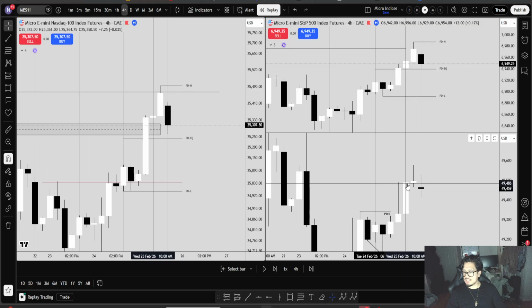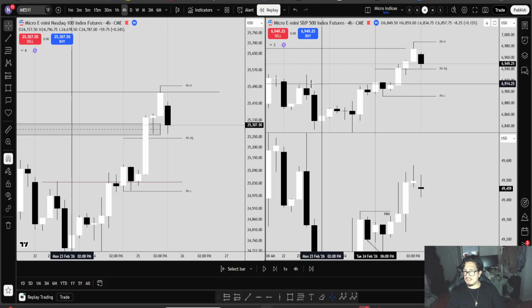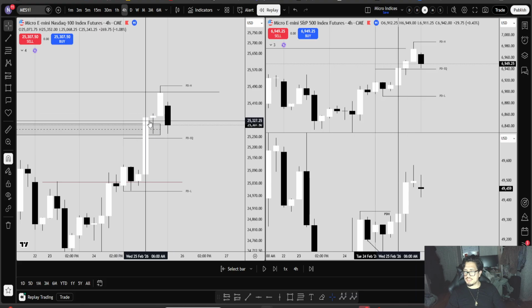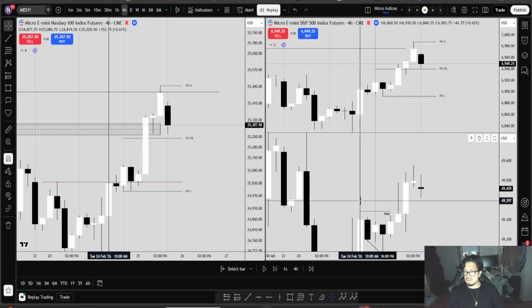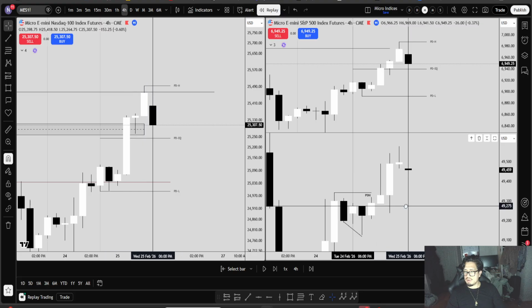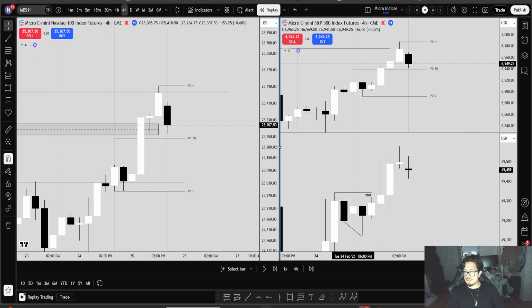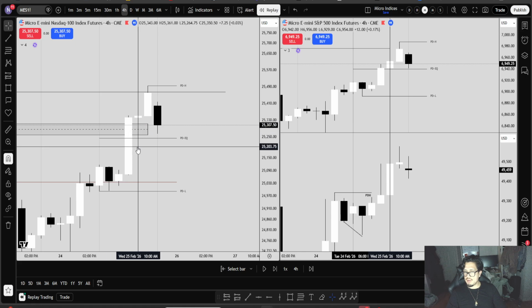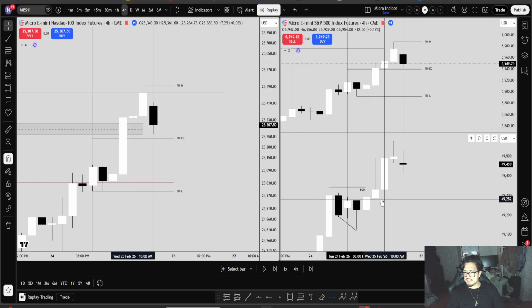I'm pretty sure you can see that within this 10 a.m. candle, how we had a nice expansion candle here. But look at ES, a very small candle, and even worse, look at NQ, basically a doji candle. So you can see it in live price action here, like I'm showing you. The difference is how NQ and ES were stronger within the previous 4-hour candle, but became weaker within the next candle, the 10 a.m. candle. And this is where we were able to execute.